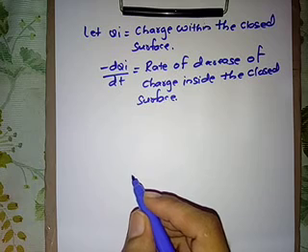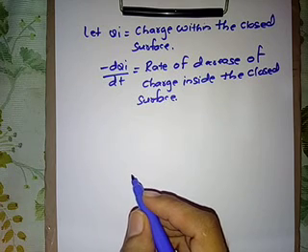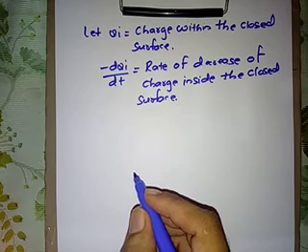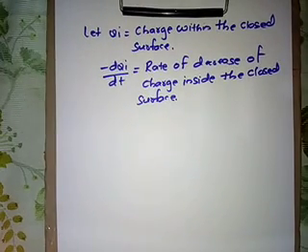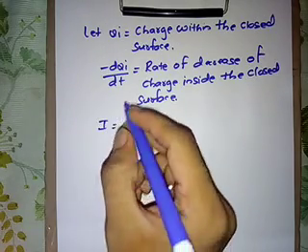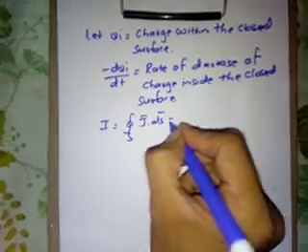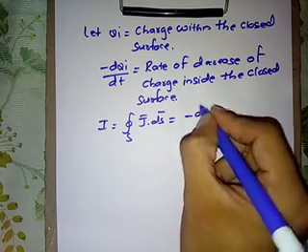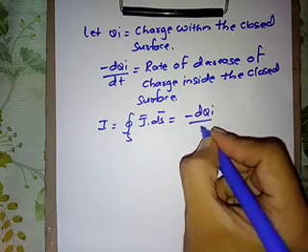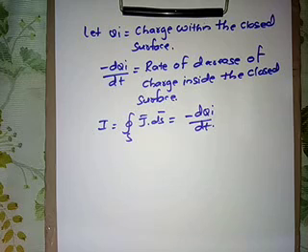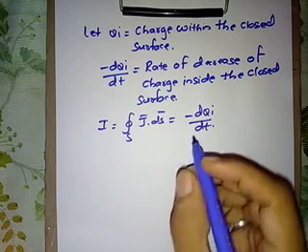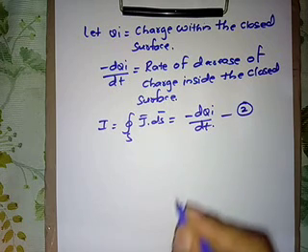So due to the principle of conservation of charge, the rate of decrease is the same as the rate of outward flow of charge, right? So the rate of decrease of charge inside the closed surface is equal to the rate of flow of flux outside the closed surface, the outward flow of flux. So here the current I is given by the closed surface integral J bar dot ds bar, that is equal to minus dQi by dt, because we know that the current is nothing but the rate of flow of charge. Okay, so take it as equation 2.